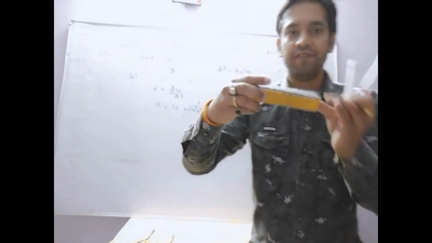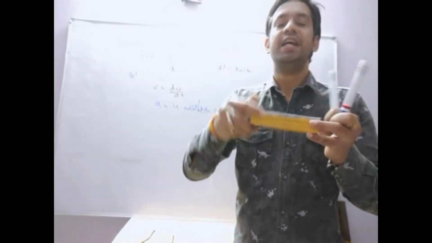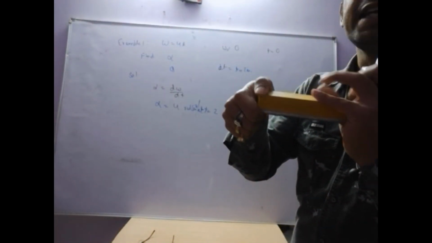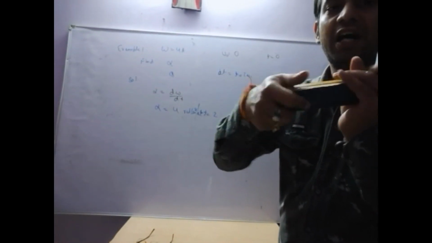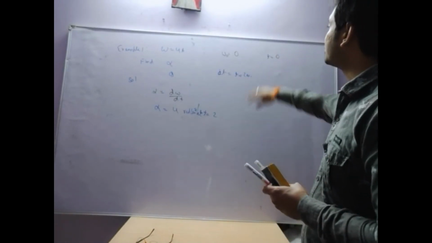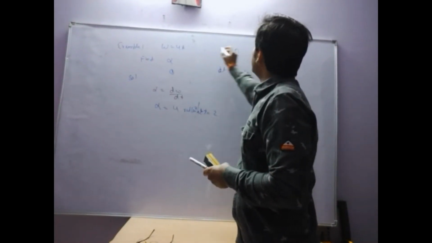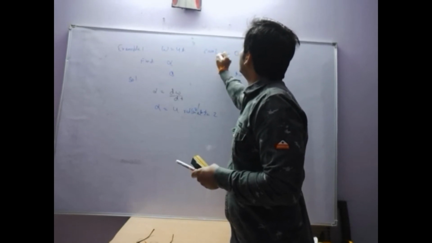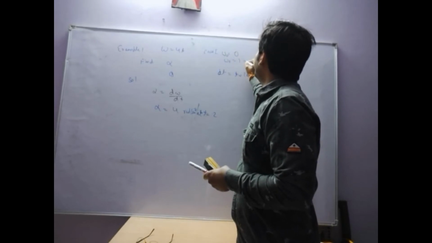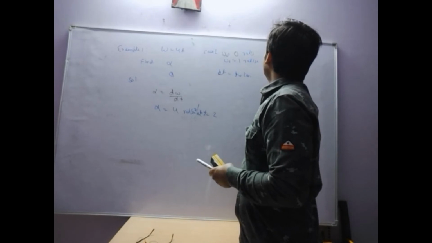Body is rotating with constant angular velocity. After the coming of acceleration, or constant application of acceleration, its angular speed goes on increasing. That's why I am telling. So we are going to divide this question into two cases. Case first, omega naught is equal to 0 at t is equal to 0, and second, omega naught is equal to 1 radian per sec at t is equal to 0 sec.